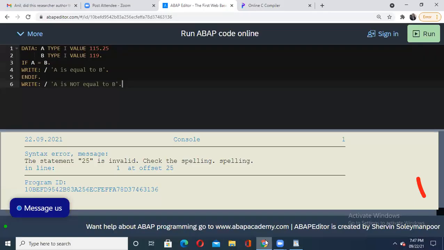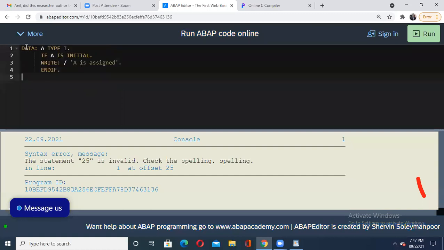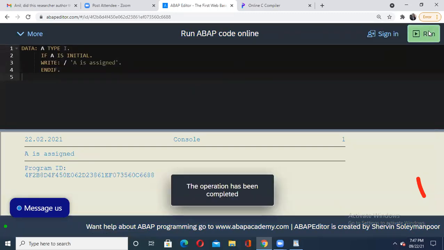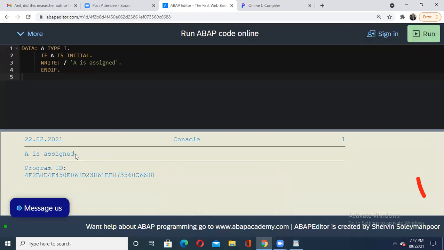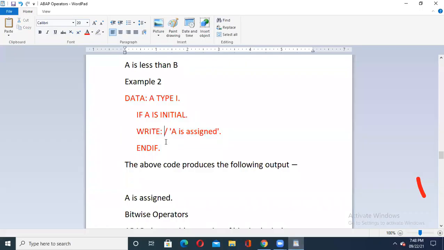Now let us check it for this particular one, which I haven't kept here. Okay, just a minute. This condition, this comparison, is it going to happen? Yeah, it is showing me that your A is assigned. Here A is assigned. We are not doing anything, we are just giving A of type integer variable, so I have just made it A type I. So if A is initial, then its data type is assigned. It is mentioned by this, A is assigned. This statement makes this particular point clear as part of our discussion. So here a lot of things we can do.